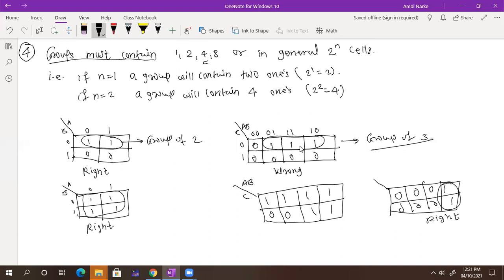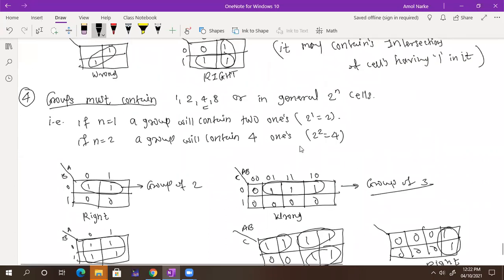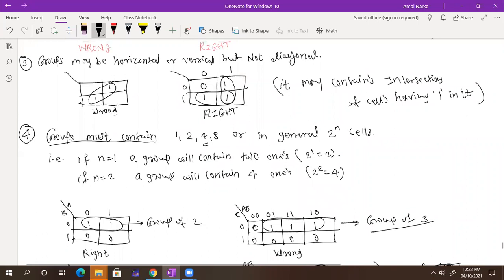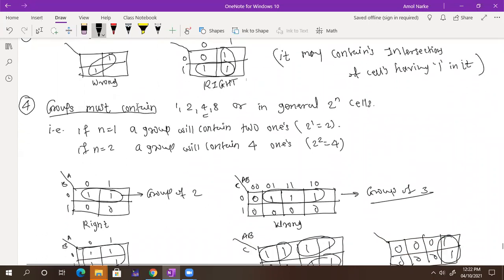Thank you, sir. This 4 is also a group, but if you make a group like that, those 2, this is not a group. Why? Because here it is possible to take 4 as combined directly. So you can make a group like that. Okay, sir. Got it. Sir, if it is diagonal, it won't be a group. No. Diagonal is not a group. So what we did here is wrong. Diagonally we don't have a group.